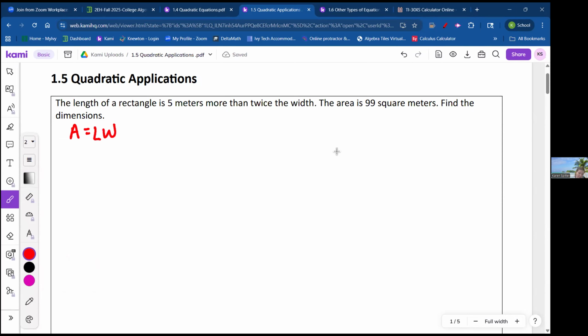Because if not, it kind of looks like a 1, which also kind of looks like an I, which also kind of looks like a lowercase l. So we just do capitals. So the area is the length times the width. Okay, so if I have my little rectangle here,